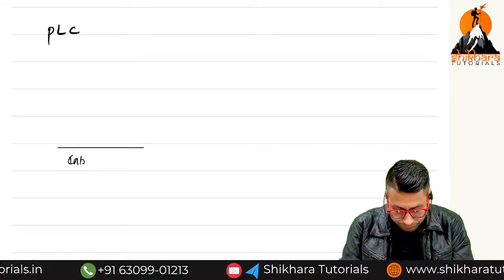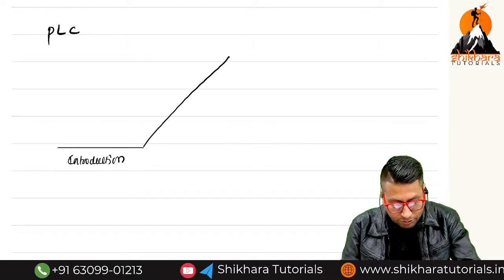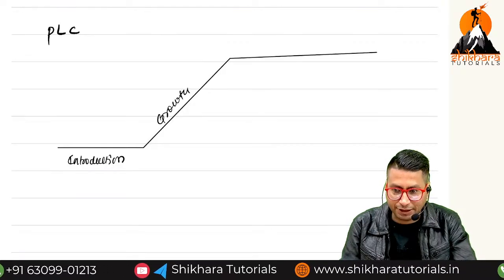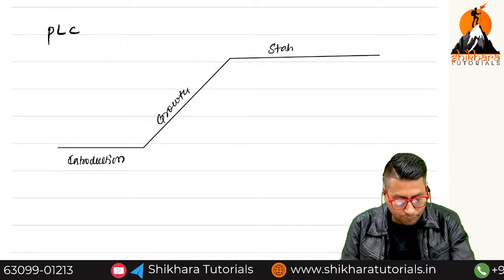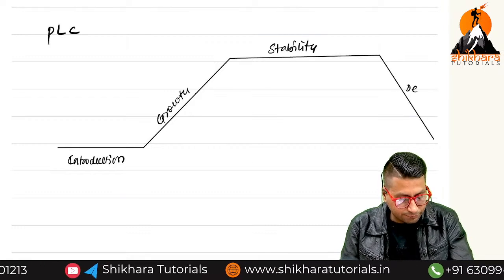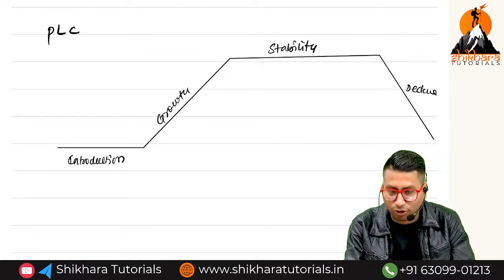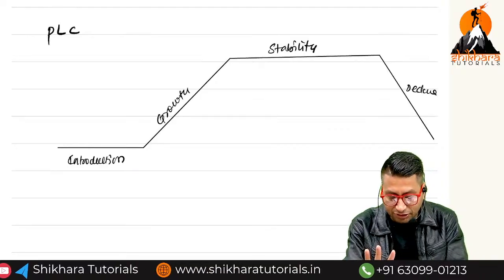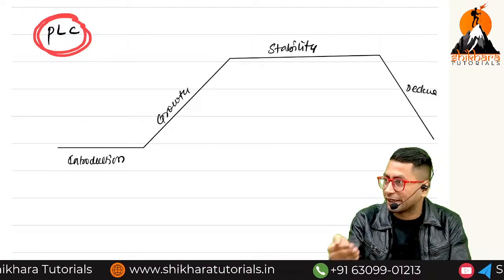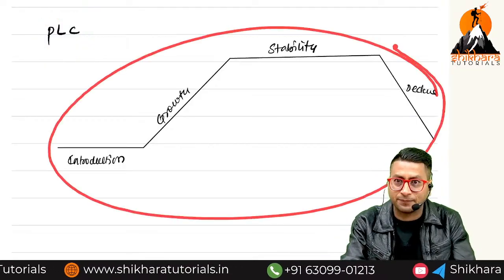Introduction, then growth, then stability, and then decline. So every product of a company passes through how many stages? 4 stages. This is called what? Product life cycle. We create the product life cycle to find out in which stage we are